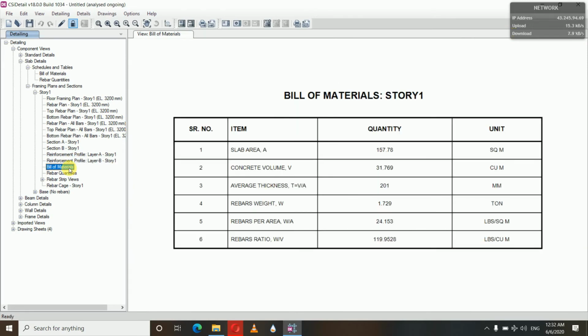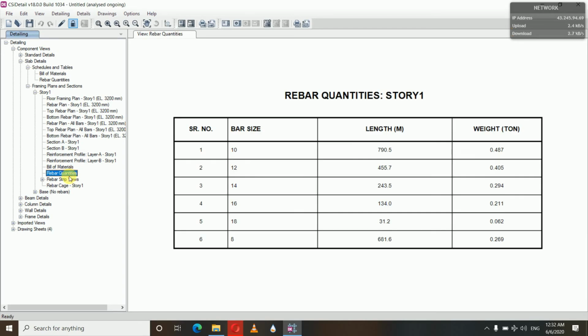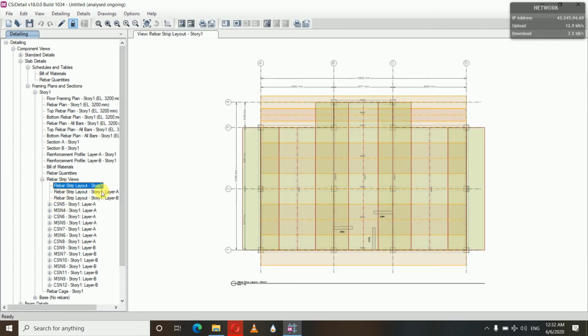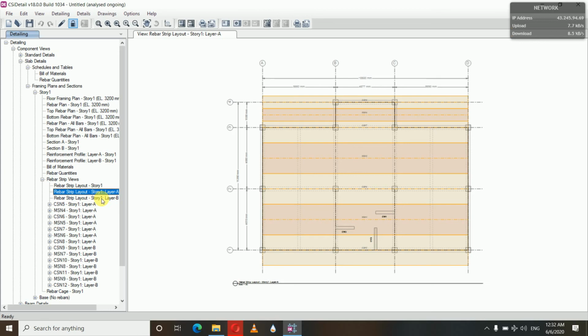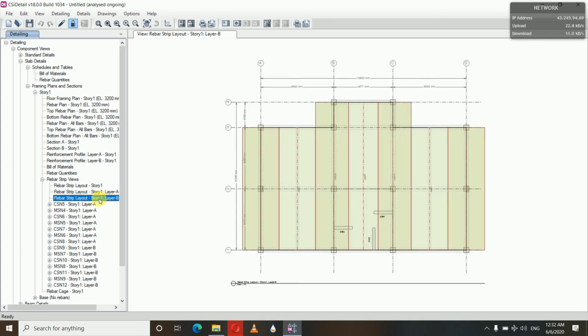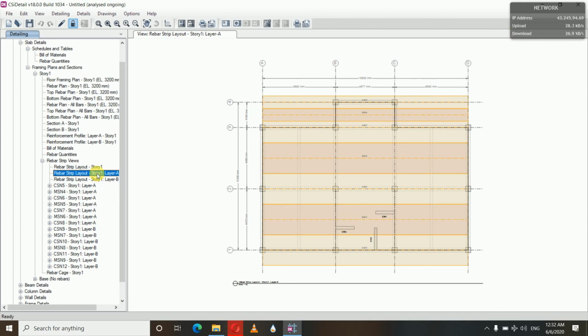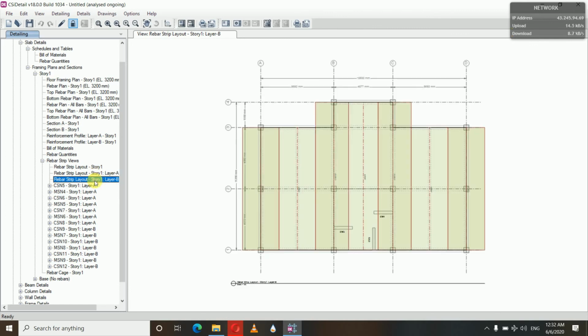Now the bill of materials and rebar quantities. If you want to see the rebar strip views, this is the layout, this is for layer A and this is for layer B, that we have provided in X and Y direction. This is in X and this is in Y direction.